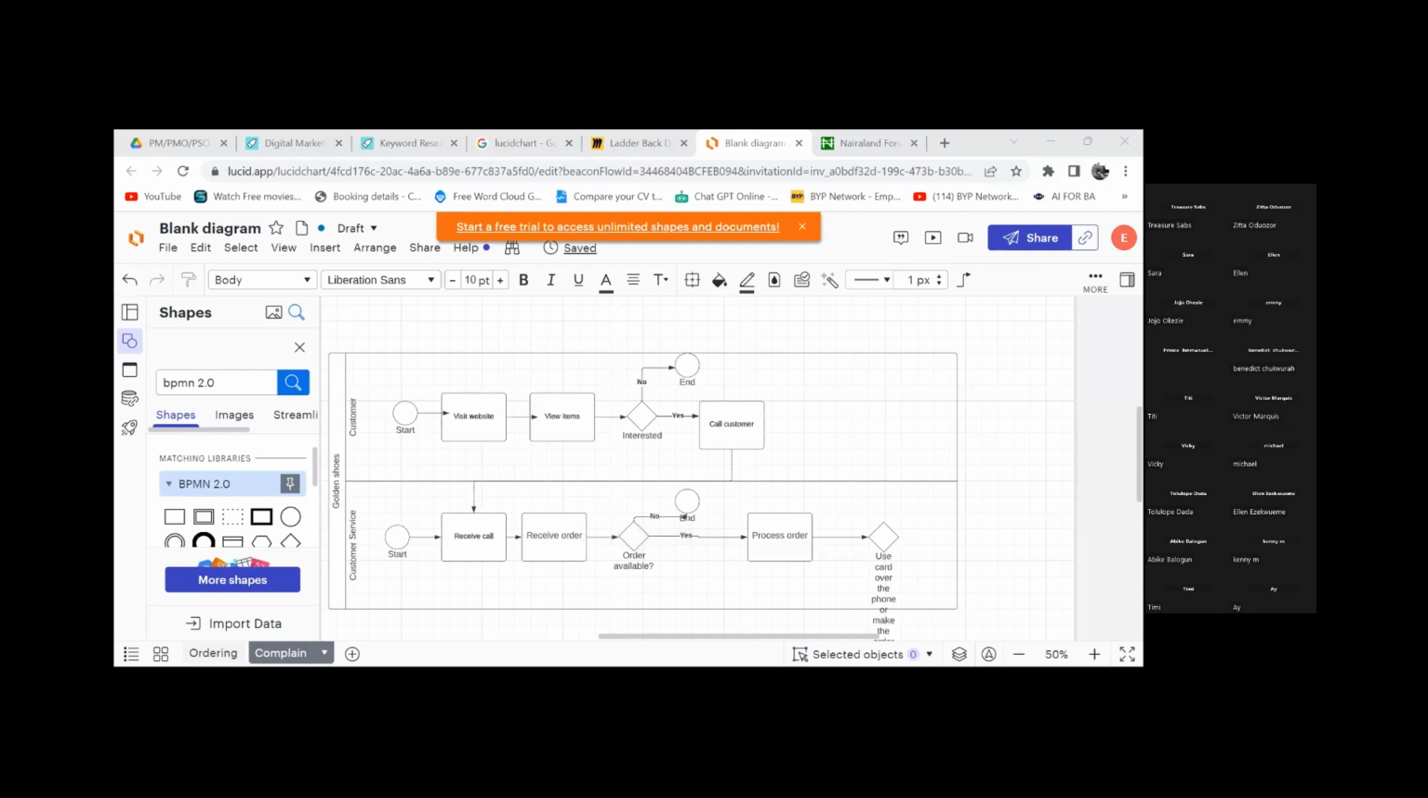This is for group 2, from what we have there, the golden shoe stuff. The customer, this is the process. The customer starts, visits the website, views items. Now, is the customer interested in the item? If no, the process ends. If yes, he calls customer service. Now, when he calls customer service, then we have the swim lane for the customer service, and